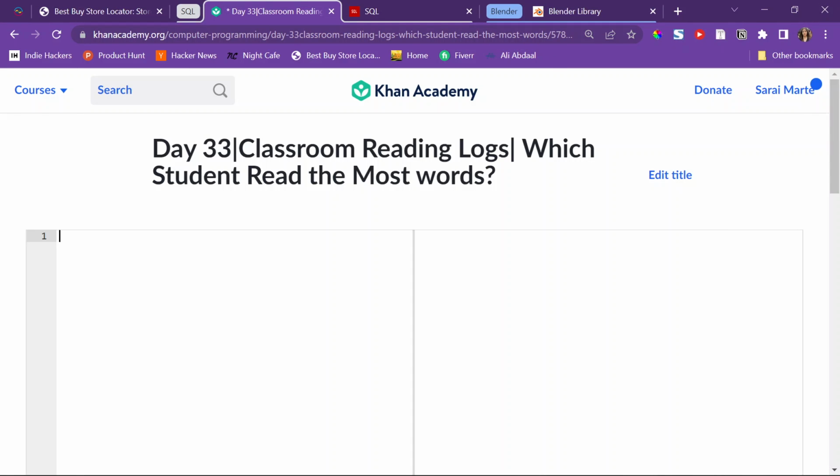It is also day 33 of SQL, and today I'm going to create a SQL database on classroom reading logs. So students just put in how many words they read in this database every week or every day, whatever. So I'll create a table and call it logs, and the columns that I want in here